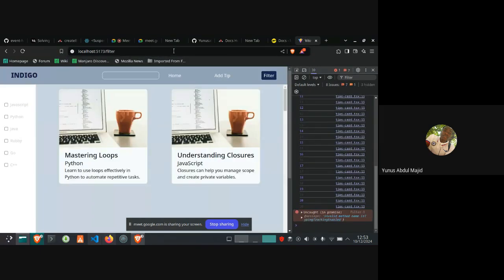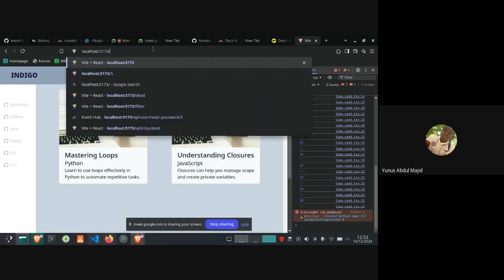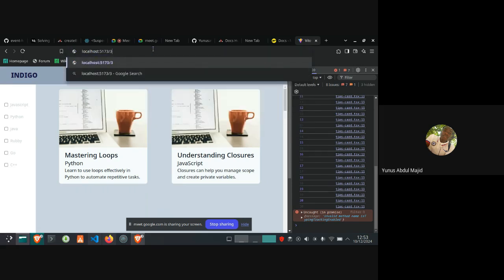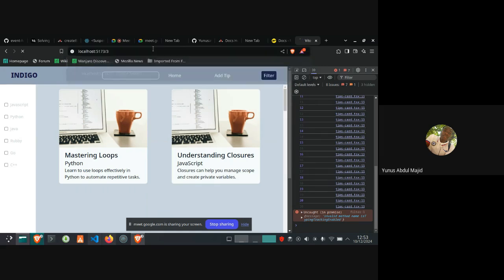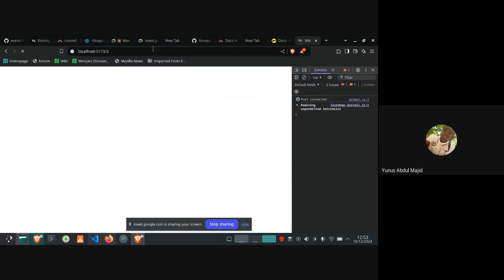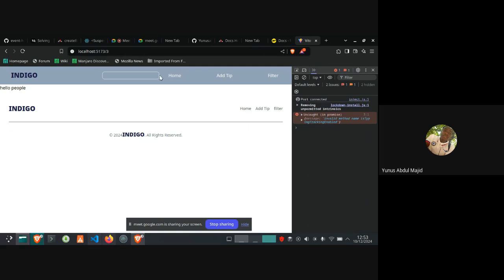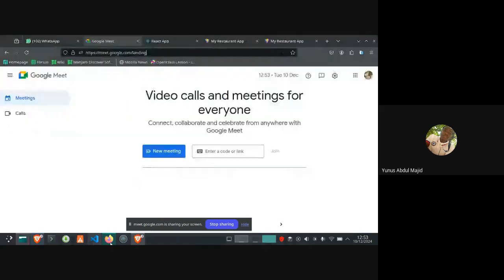Yeah, this happens because before the dynamic route is used, it will first check for any other route that is not dynamic and is named the same, like filter. If there is no such name, then it will show us the dynamic part of the page. If there is no page for one, like localhost 5//1/3, since there is no route for it, it will show us the hello people. So to handle our dynamic part of the page,